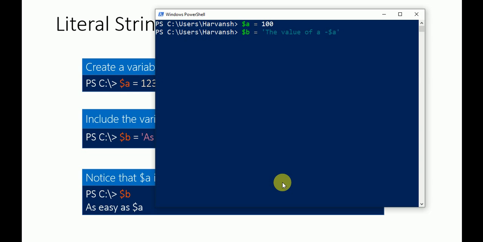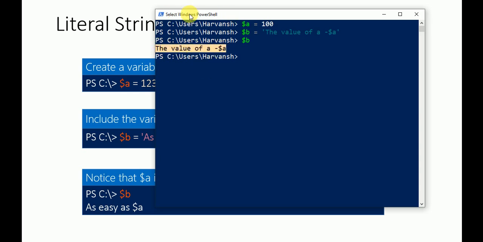So I would like to print the value of $A by storing it in $B. Will I get it? I store this inside the $B variable, type $B, and let's see. It's not printing the value of $A, it just prints $A.